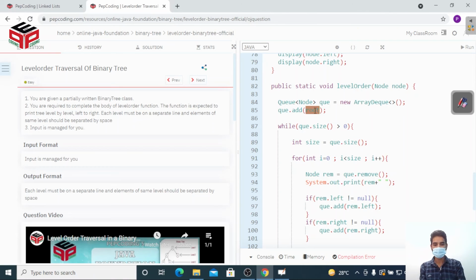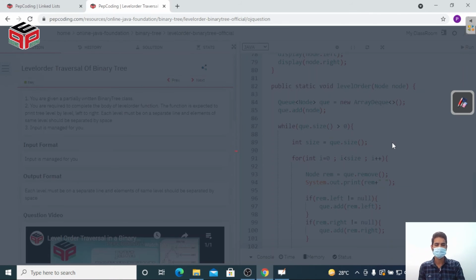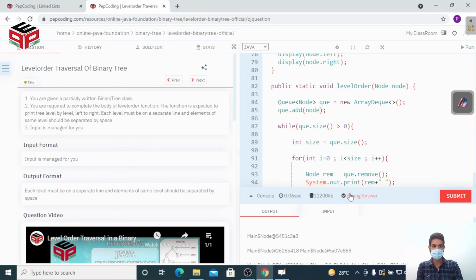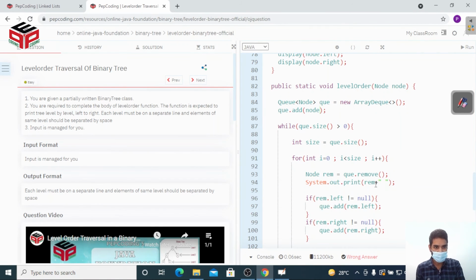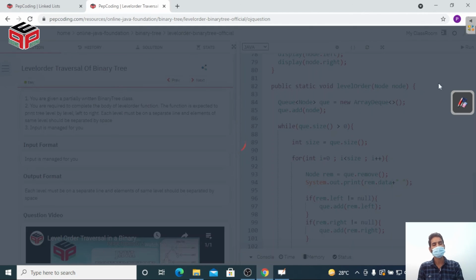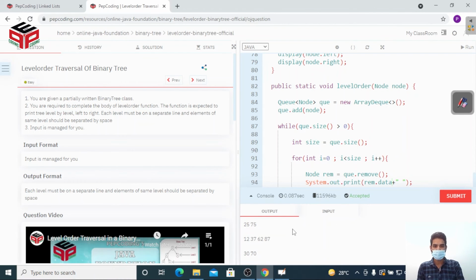Here we have written node, we have to write Node. This is a syntax problem. And we have to write data here, because we are printing rem.data, as we need to print data. If we print rem, then it will print the address, which is not required. Now our code is accepted.